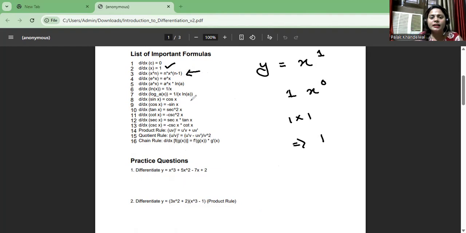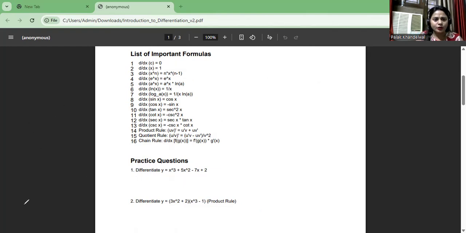Then there is a list of formulas that we have to go through. It's okay. You won't be able to memorize it in one go. But as you attempt the questions, you will get an idea of all these formulas. You have to learn about the log also, exponential function also, the various trigonometric functions. And these are three important rules that you have to keep in mind. I'll give you the introduction, or you can say an example, of everything. Coming to this, let me give you an idea of how we will actually solve the question.